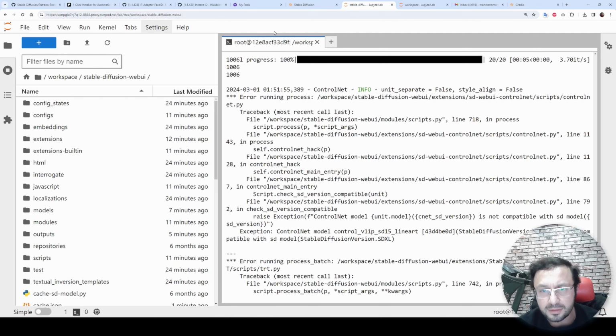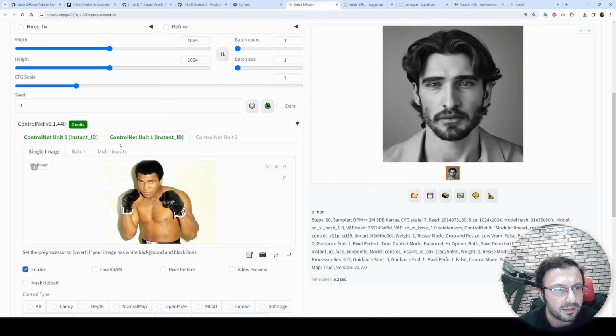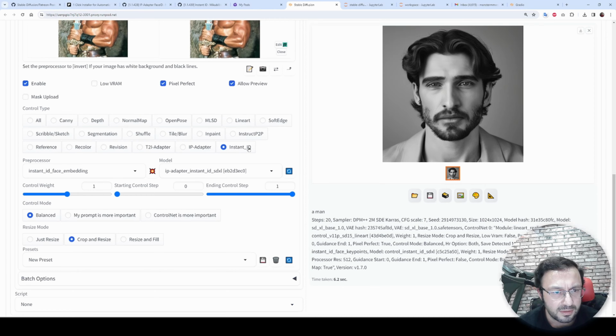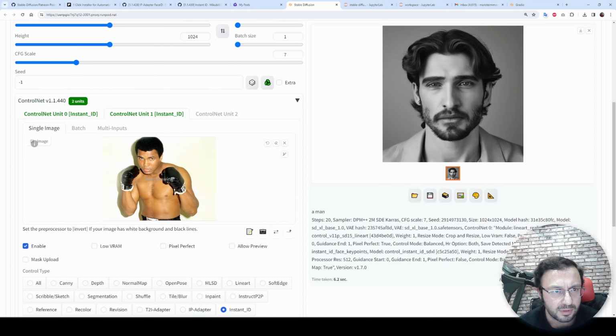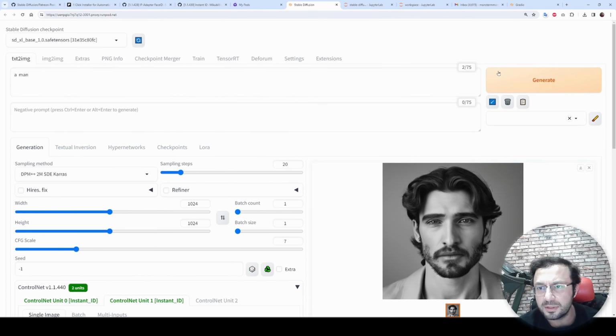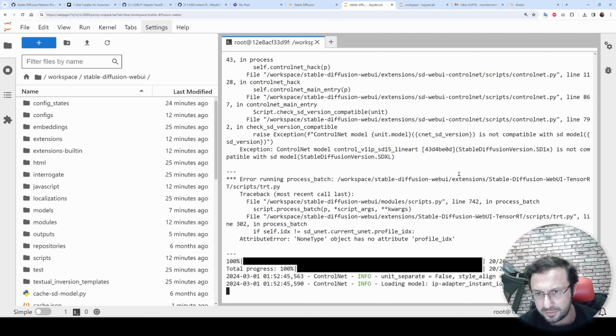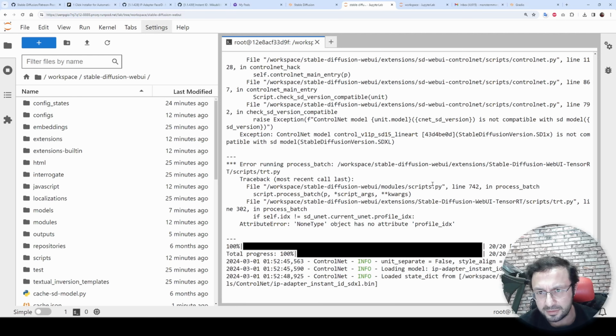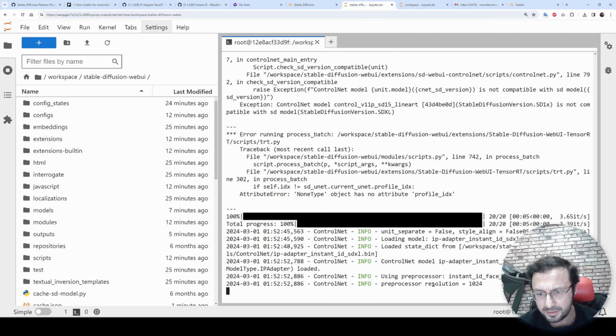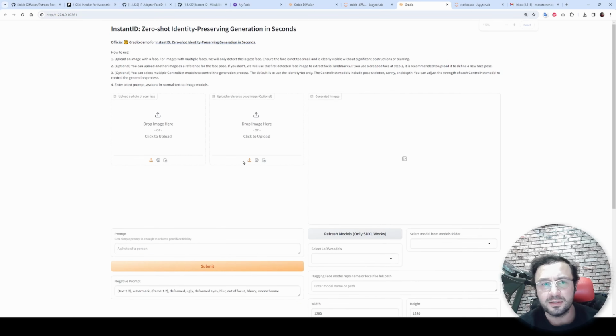Okay, it says that, yeah, it is still seeing another ControlNet. It says Instant ID. No, it is looking accurate. Instant ID. Let's try again. Okay, it thought that for some reason we have selected another ControlNet model, but we didn't select one. So it is loading IP adapter Instant ID SDXL, ControlNet model IP adapter Instant ID SDXL. Okay, everything is loaded. Meanwhile, my Gradio also loaded.